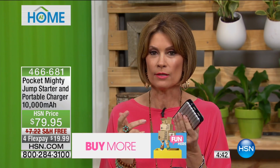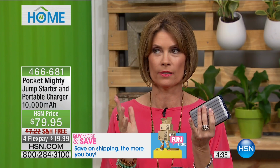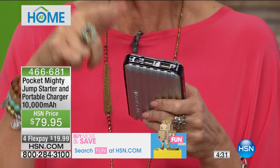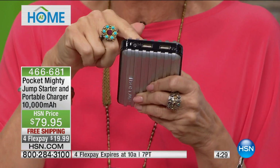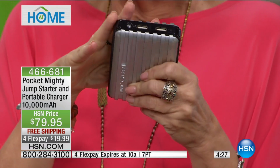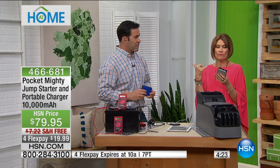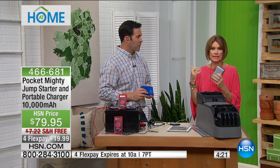And you know, stop and think about it too, especially with the spring storms that are happening. Some of the storms have gotten crazy. Well, when the power goes out, you're still gonna be able to charge that cell phone, okay? This is great for charging your cell phone as well in case of a power outage, because that's the first thing that runs out. And once your home phone doesn't work, then your cell phone goes dead and you're just stranded without any information. This is gonna be a great emergency tool, but truly for me, it's all about being